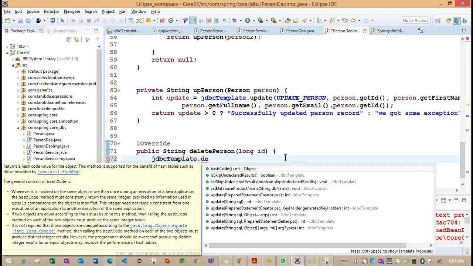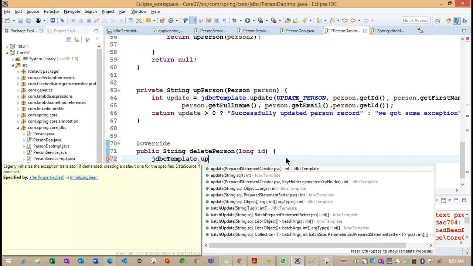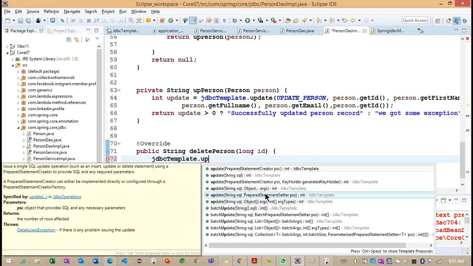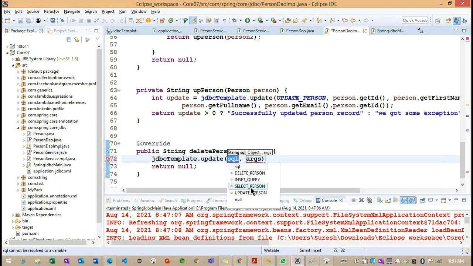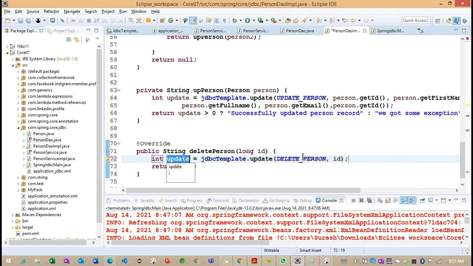So in the JDBC template, we don't have any delete methods here. Now what can we do? Again, we can call the update method. To call this update method, we need to pass here delete person ID. Identified here, update here.